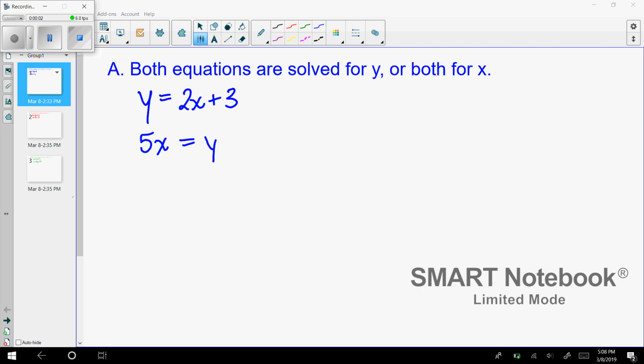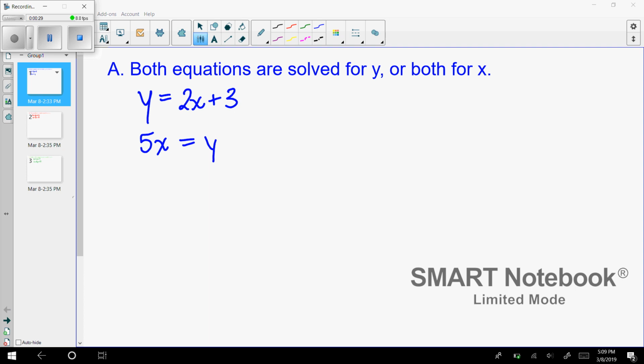Hi guys, so I'm going to be talking in this video about the three categories which we separated our systems of linear equations into. I'm also going to be adding what you do next, after you figure out what category it's in, how do you move forward with your substitution method and everything like that. So without further ado, group 1, or A, is both equations are solved for y or both are solved